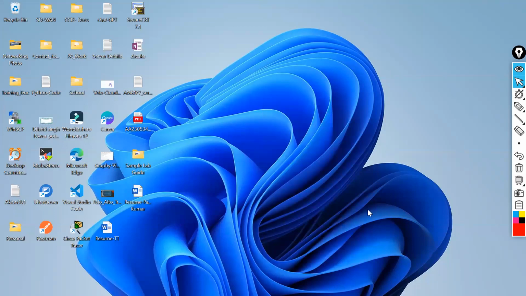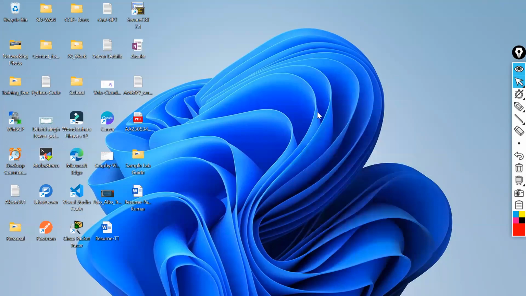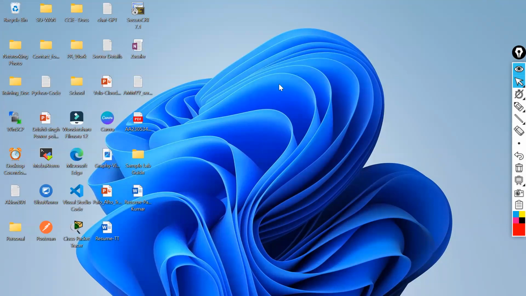I don't know what happened. Why is nothing opening, not even the screen for me?